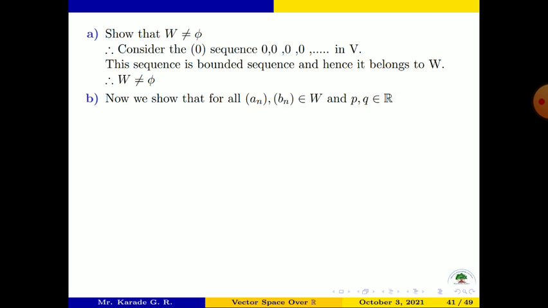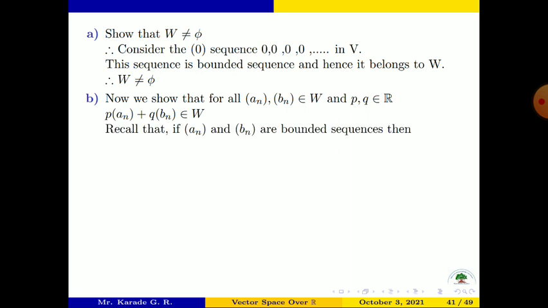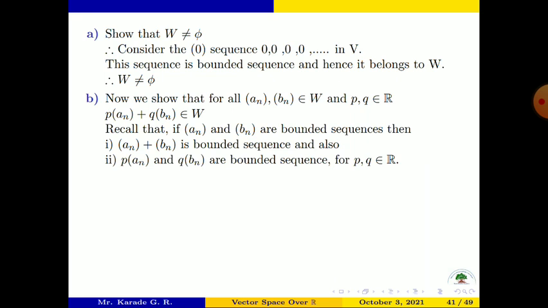Now we show that for all sequences An and Bn belonging to W, and any two scalars p, q belonging to R, we try to verify the property that p times An plus q times Bn also belongs to W. So recall that if sequences An and Bn are bounded, then the sequence An plus Bn is also bounded, and also sequences p An and q Bn are bounded for p, q belonging to R,